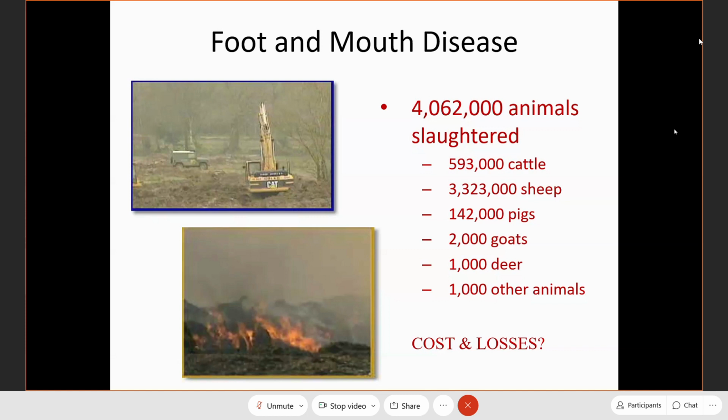So FMD in Malaysia is one of the major issues. The Malaysian government spends, I think, almost 8 million or maybe 10 million ringgit a year to vaccinate a few hundred thousand cattle in Malaysia. Malaysia's standing population of cattle is about 500 to 600 thousand. So we spend about 8 million to 10 million ringgit a year. I mean, our government vaccinates the animals, and it is free. The Department of Veterinary Services is doing that.